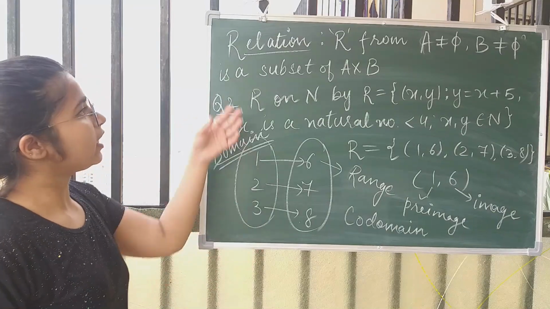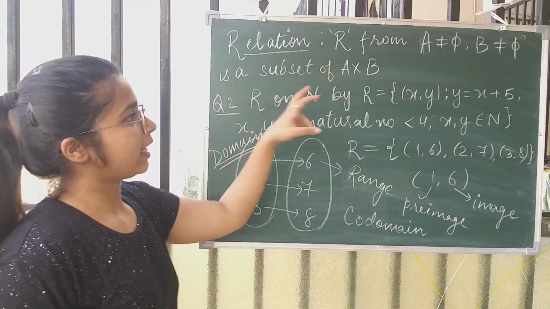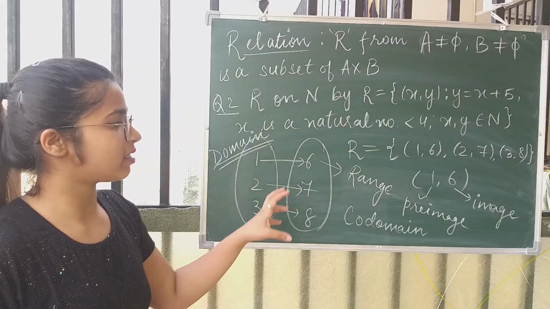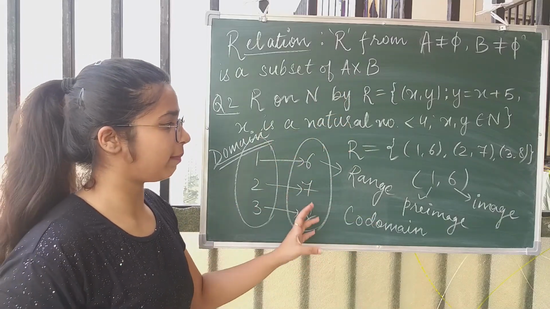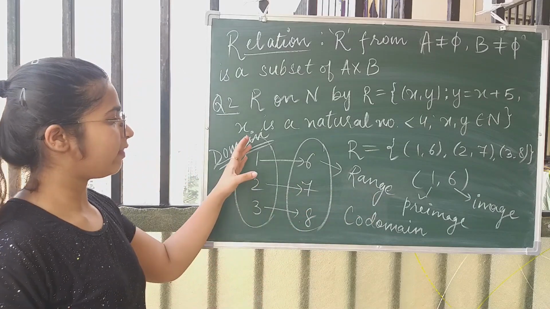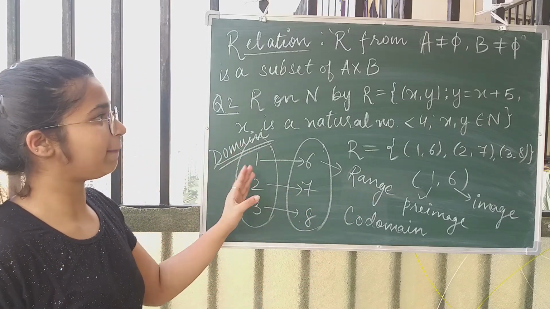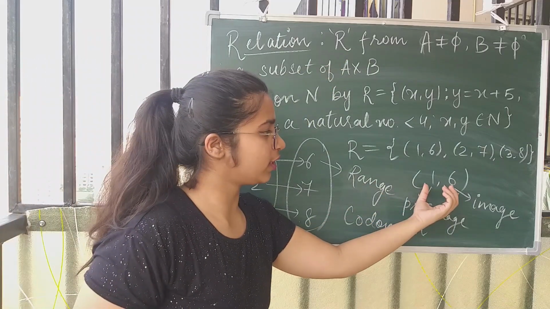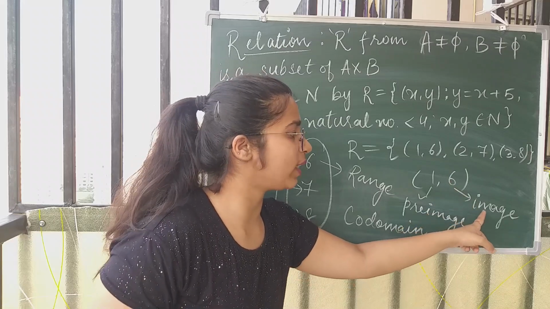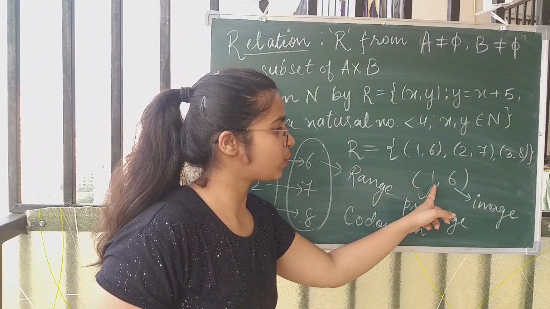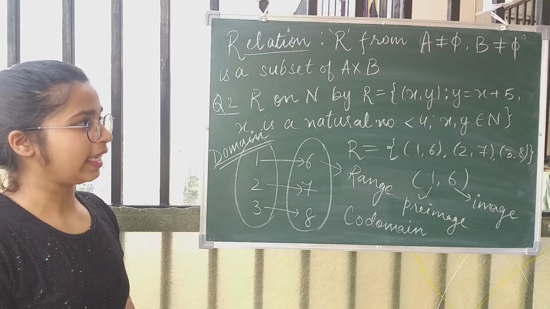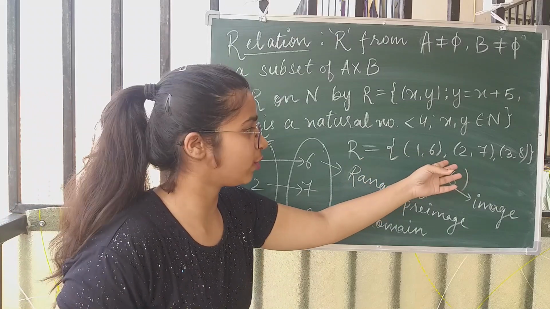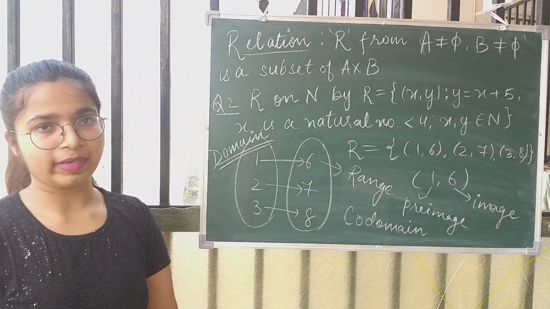So that means in any relation R, the set B is called the codomain, और जो सेट B के एलिमेंट्स हैं जिन पे मैपिंग हो रही है, those elements form a set known as range, and the elements which are being mapped, that means the elements of A, they form a set called domain. And जब भी एक ordered pair होगा, the second element is known as the image of first one and the first one is known as the pre-image of the second element. And this was your set builder notation, this was your roster notation, and this is your visual representation.